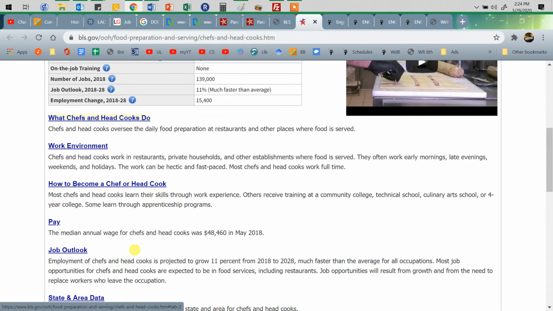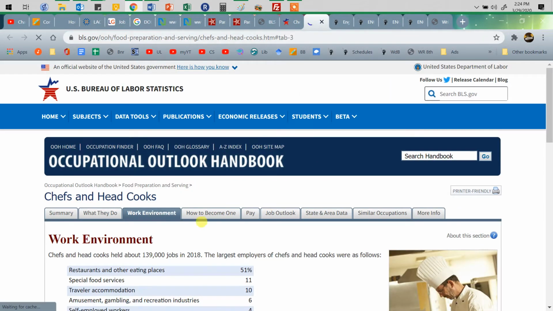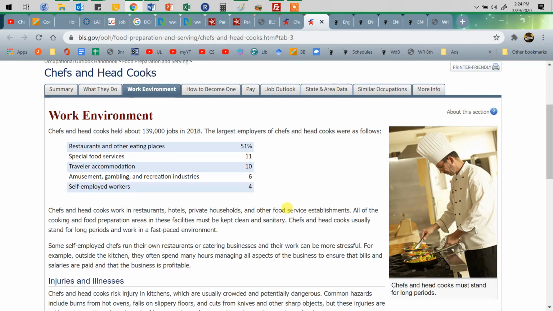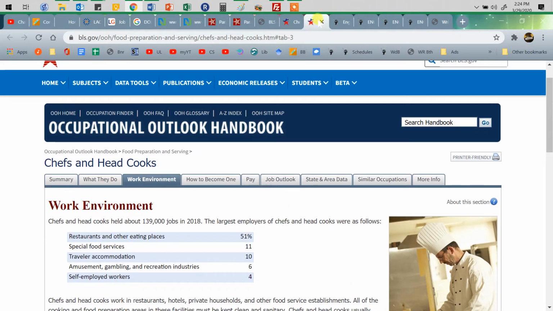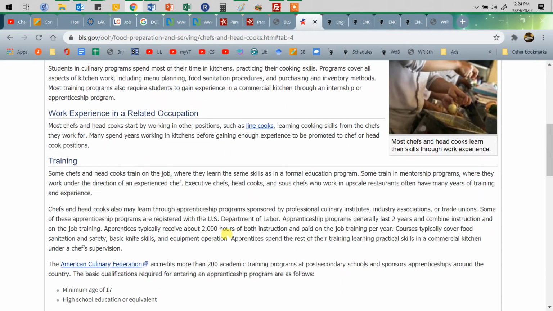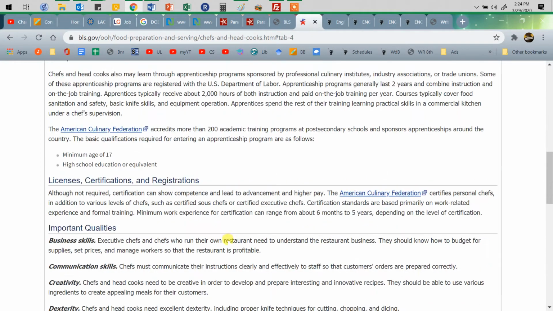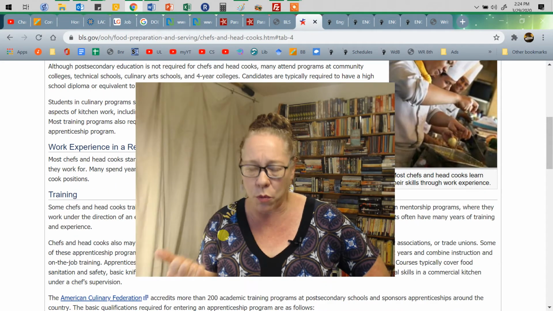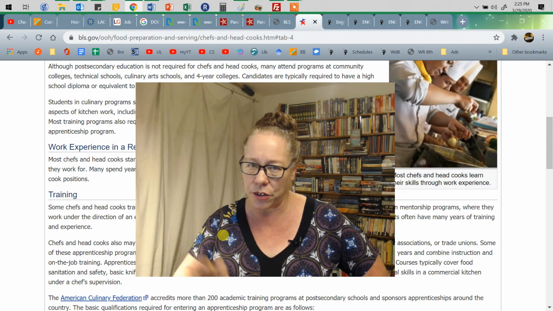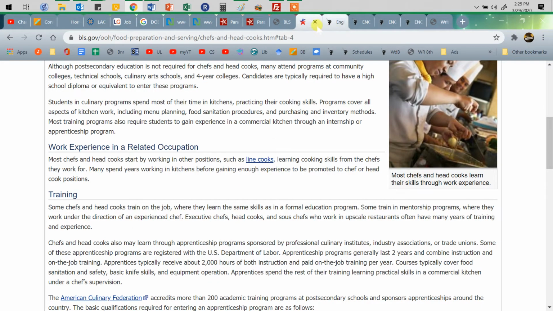And it gives you what they do, the environment, and you can open the link and it should give us a little more information there. So this can be helpful as you think about things, but also as you're looking at things like the job outlook, and things like how to become one, where how to become one gives you licenses, certifications, important qualities. And these are kinds of things that help you develop a wording for your resume and your cover letter. They're not the primary things, but they really do help that. So you might want to take a look at that and let that help you some. So that's one of the links